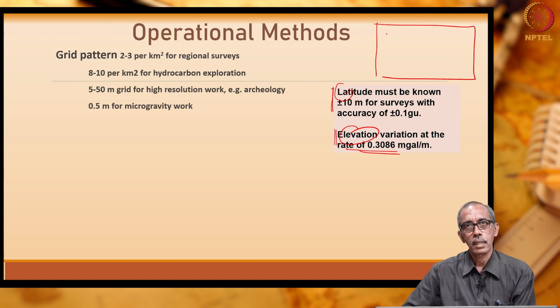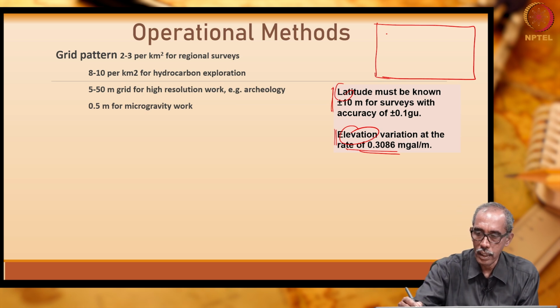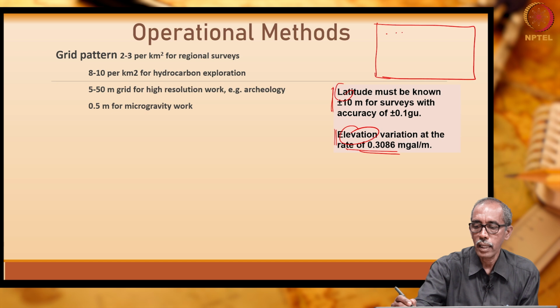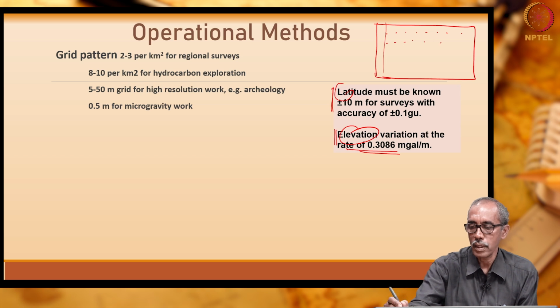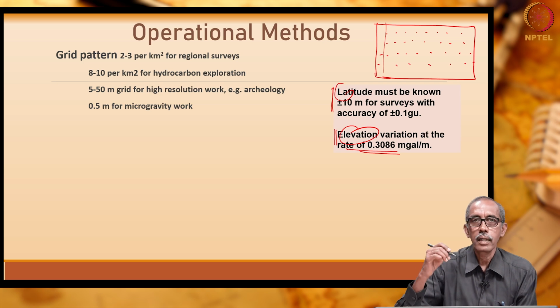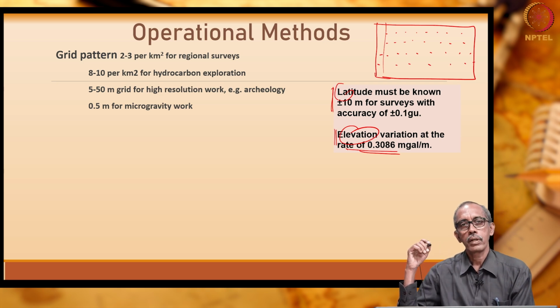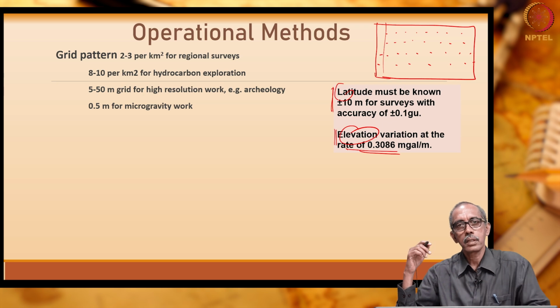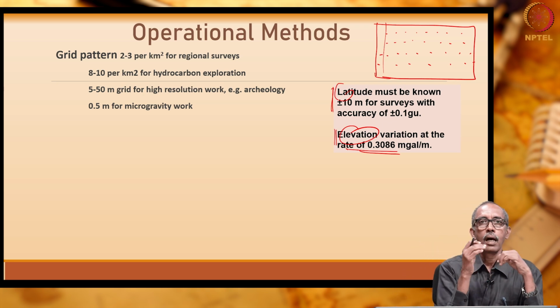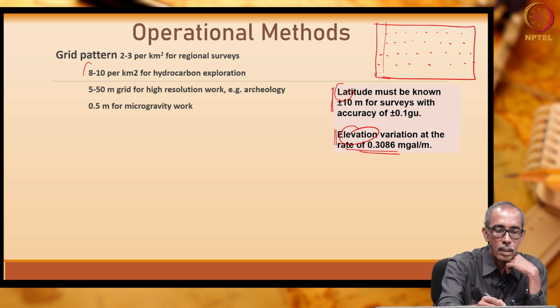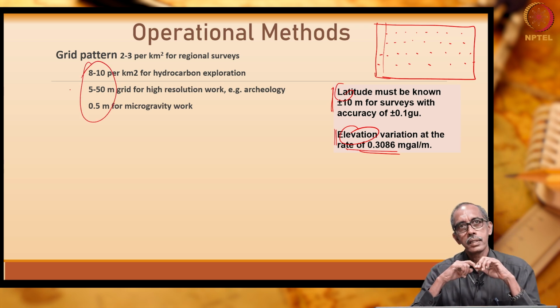How are we going to do the survey? Usually, gravity survey is made on a grid pattern, right. That means, if this is your steady site, we divide the site into a number of grids, maybe like this, but I am not drawing the lines, I am drawing the dots. At all these dots we are going to make the measurement of the gravity, but the question is, what is the distance between the dots or our gravity stations? That depends on the aim of the survey.